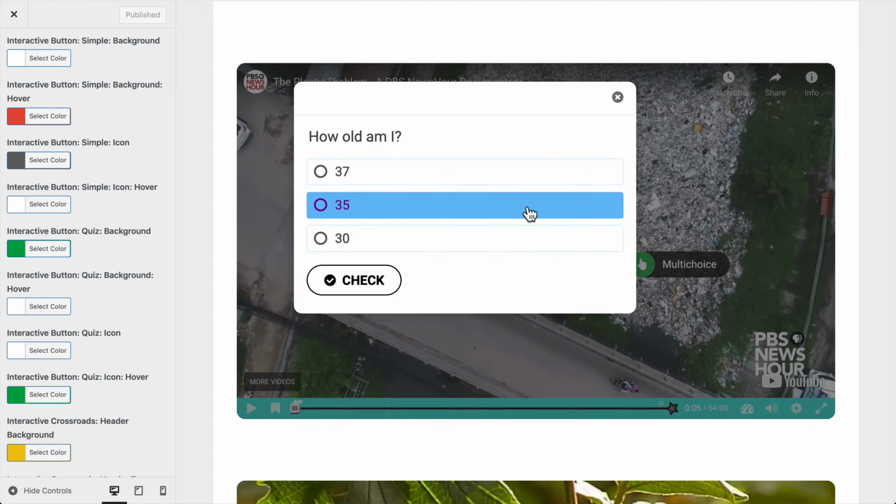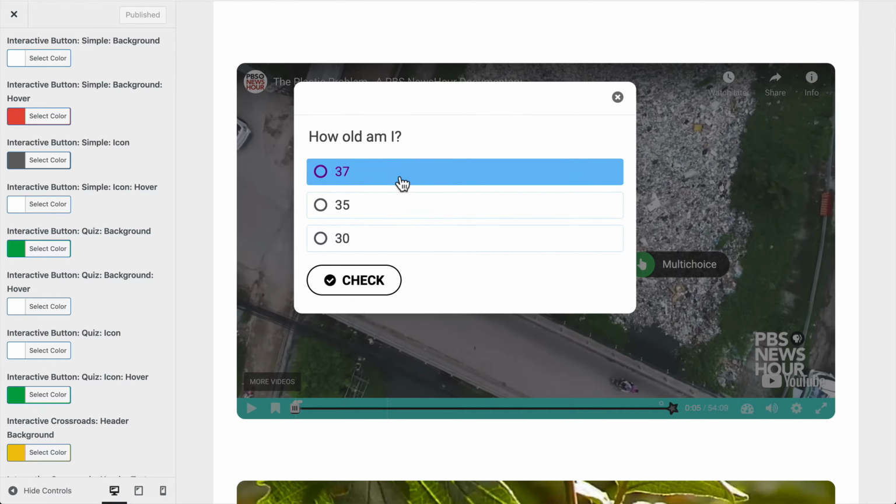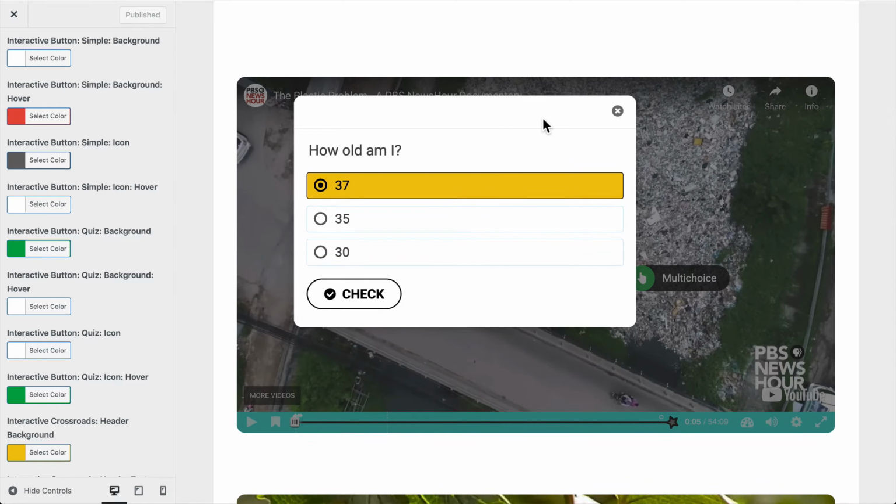When we click on this button and open up the multi-choice question, you'll notice again that we are still using the multi-choice styles that we've set up on the multiple choice question panel here, and the button style still applies. Also, another small note is that all of the X icons or close icons, you see an